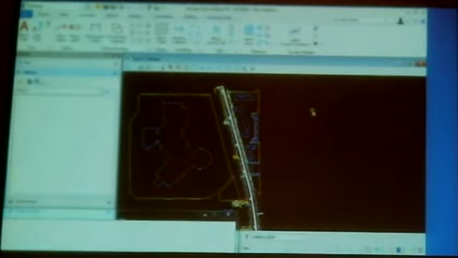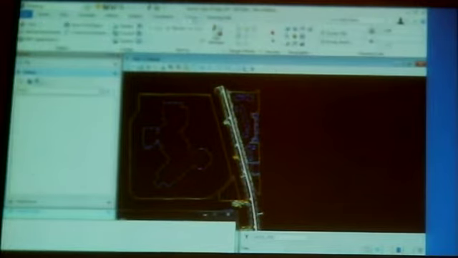The other thing that happens here is we now have the ability to associate hatching with your annotation scale. So I'm going to go under, got to remember where that's at, Utilities tab, and right here under Annotation Scale, I'm going to do a custom scale